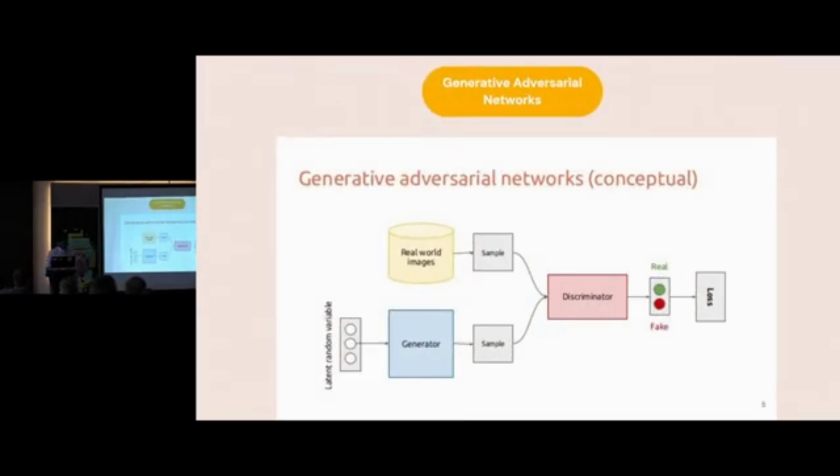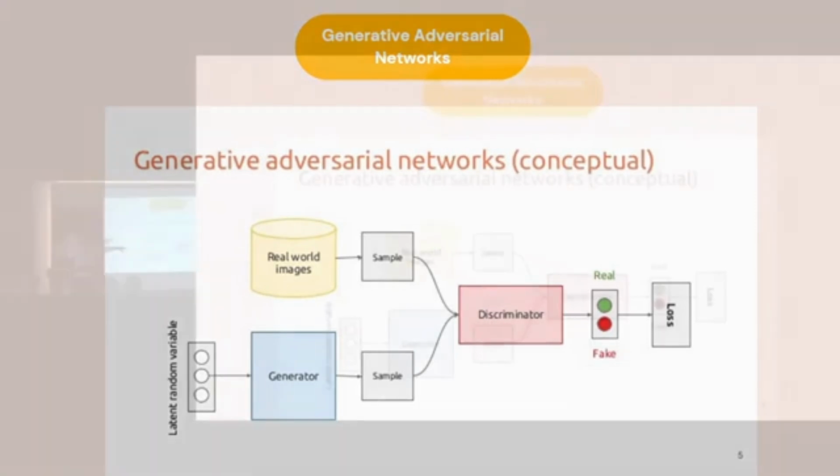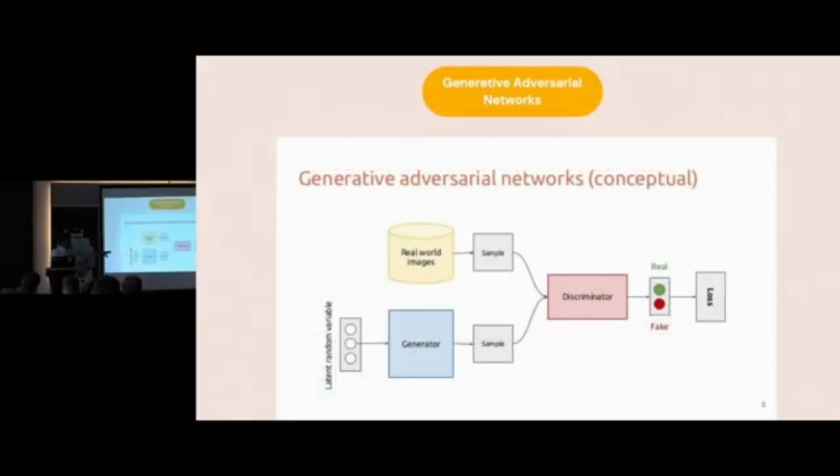So let's go into the architecture part a bit just to explain. Imagine a Leonardo da Vinci painting, and you're trying to forge that painting. A generator is basically trying to generate the images, and a discriminator is trying to catch you forging a Leonardo da Vinci's painting. It's like a Tom and Jerry fight between these two, which helps generate better images over time. And over time, the generator is able to fool the discriminator, which is the police in this case, and the generator is the thief. So that's one phenomenon.